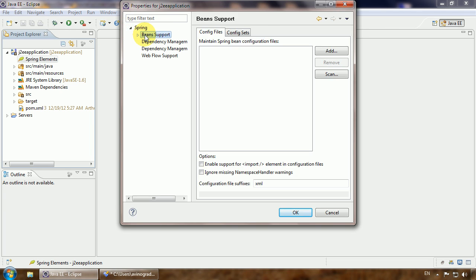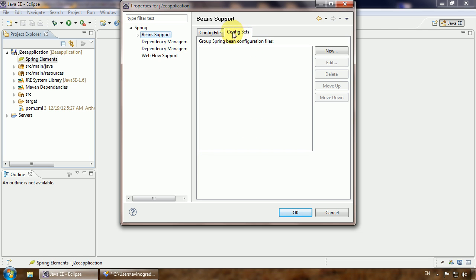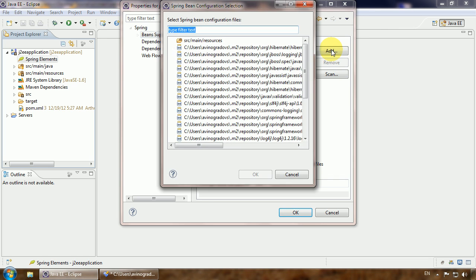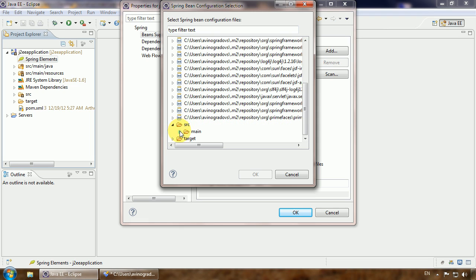And we need to open the bean support option, and here we add the Spring configuration files to our Spring elements. So click add, go down and open the source folder, main, web app,